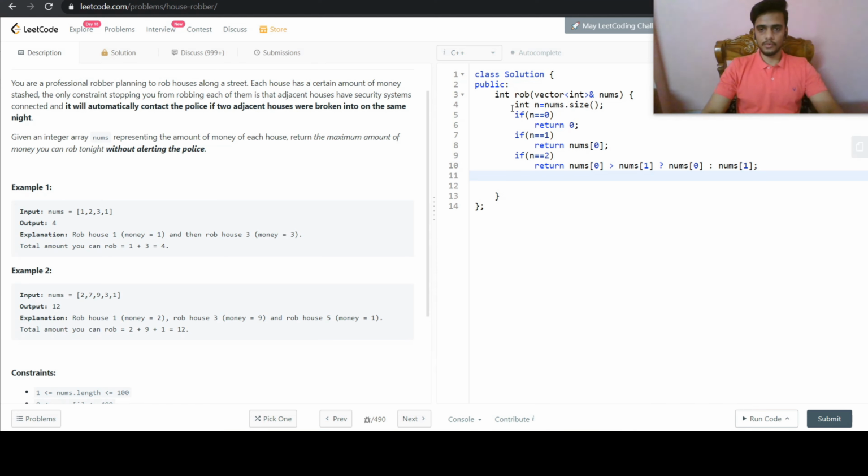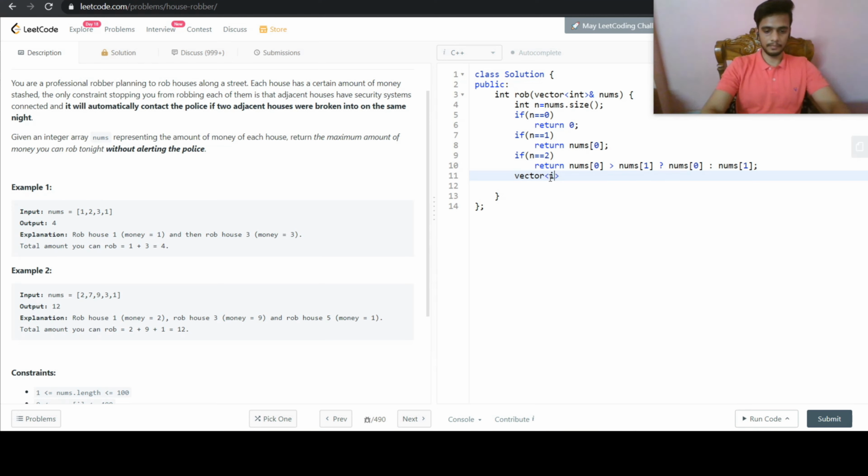And if there are more than two houses, then we will use our dynamic programming approach that we have discussed here. So we'll create a vector to store the maximum amount that we can rob up to that house.